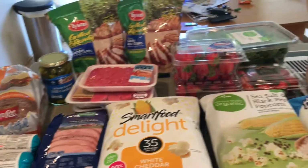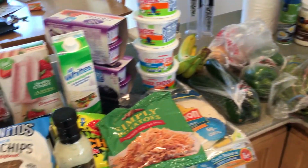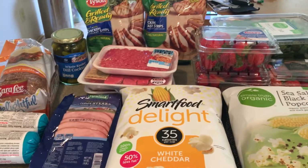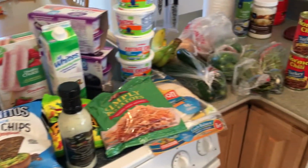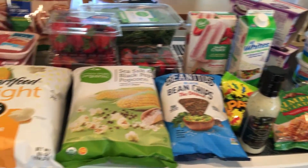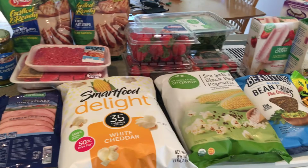What's going on, everybody? So I wanted to do a grocery haul video since I'm in prep now. So why not share what I get when it comes down to keeping my macros where they should be versus when I was building and I got to eat a lot more food. So like I said in my previous videos, I'm at 225 gram carb, 300 gram protein, and 100 grams of